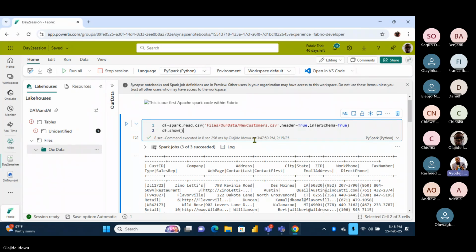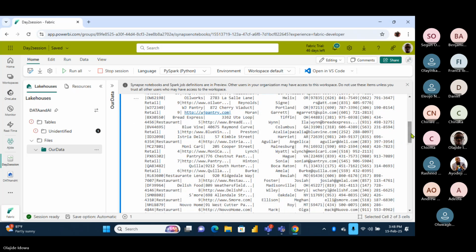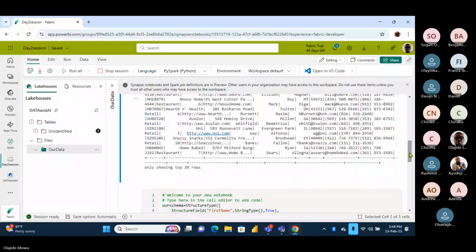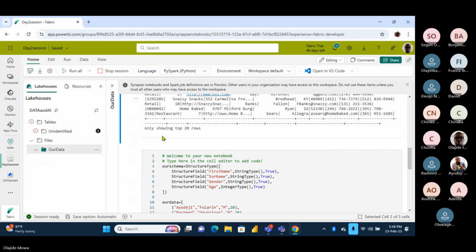Keep going down. Add it on top of the next cell. Come down a little bit. Add it here. I saw the add code just now. Look at it. Come, add code.